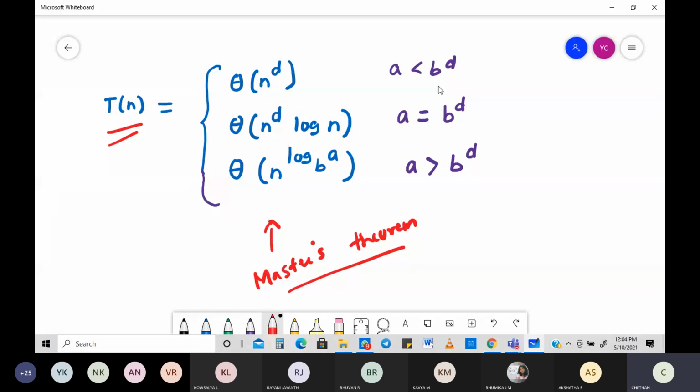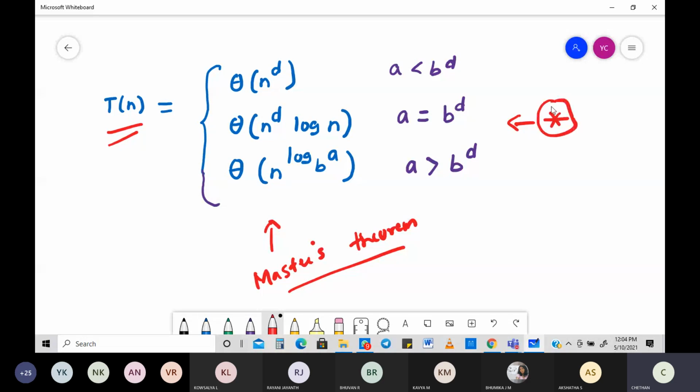Theta of n to the power of D, theta of n to the power of D log n, theta of n to the power of log B to the power of A. Do you have to remember this? Very much you need to remember. Very, very important. How do you write it? How do you name it? You have to remember this a lot,